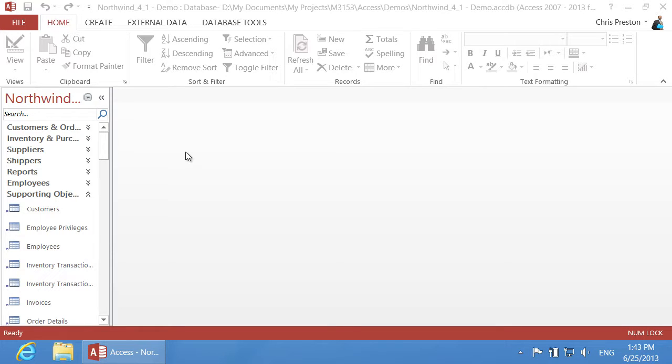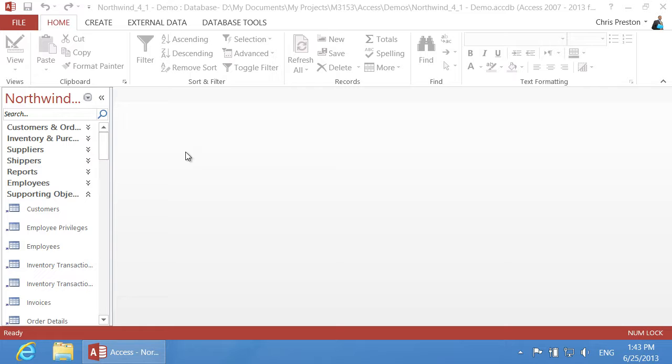In this demo, we'll show how to migrate a desktop database to an Office 365 SharePoint site with SQL Server storage. Initially, we need to add the Office 365 SharePoint service. SharePoint in Office 365 includes SQL Server, and therefore your database will benefit from the scalability, security, and performance of